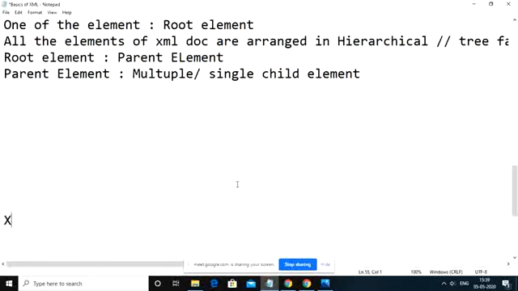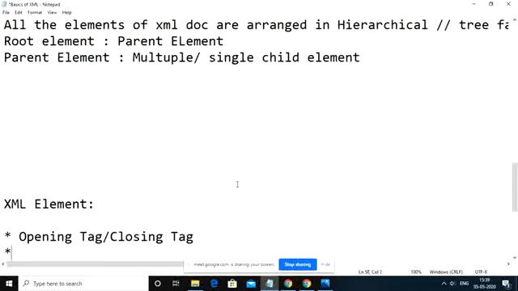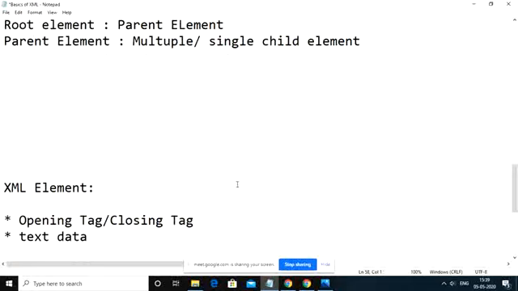If you consider a particular XML element, it has an opening tag as well as a closing tag. Along with that you have text data. In between the opening and closing tags you may have text data, or you may have some other element.